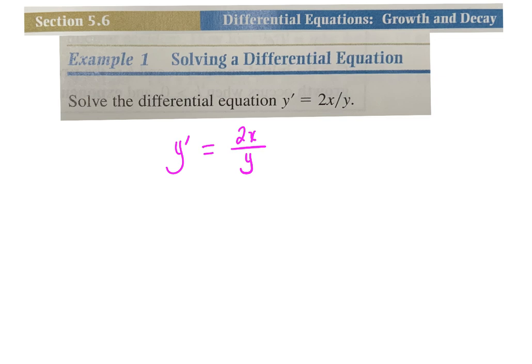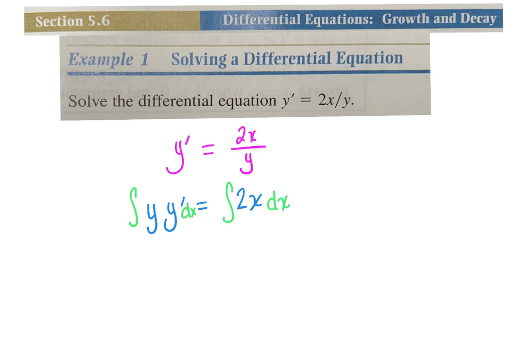And so when you have something like this, you do want to get your variables together. So you would want to multiply that y over. But you still have this y prime to deal with. And so you are going to integrate with respect to x, both sides, right? And so if you were to think about u substitution here,